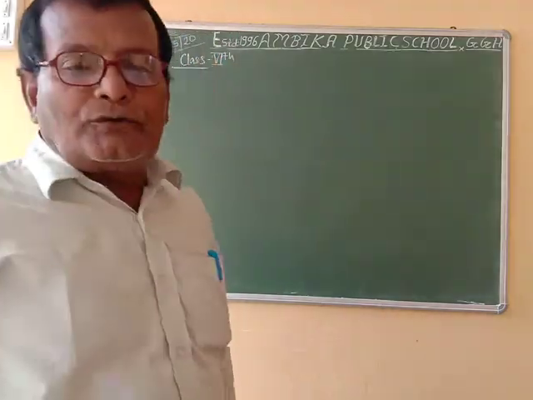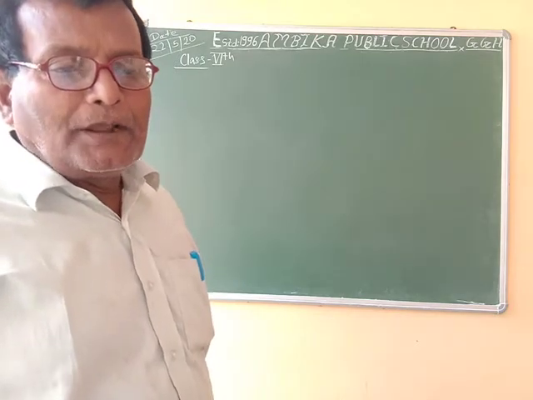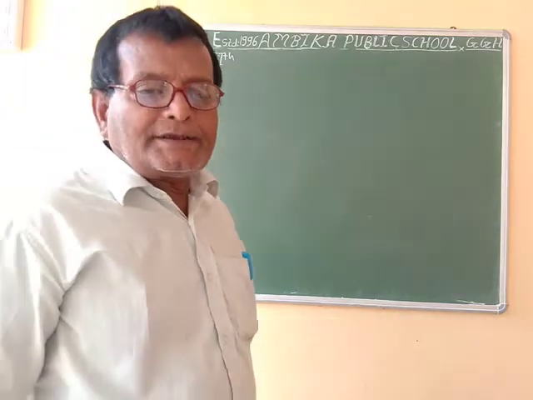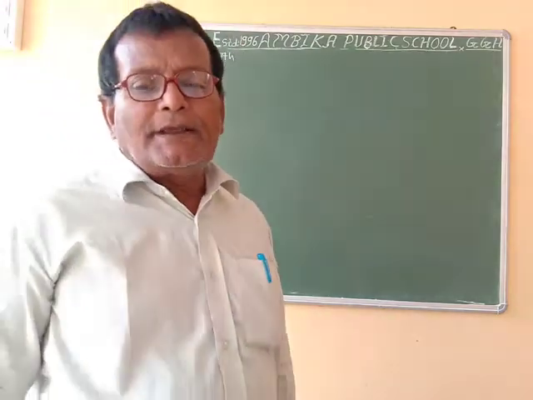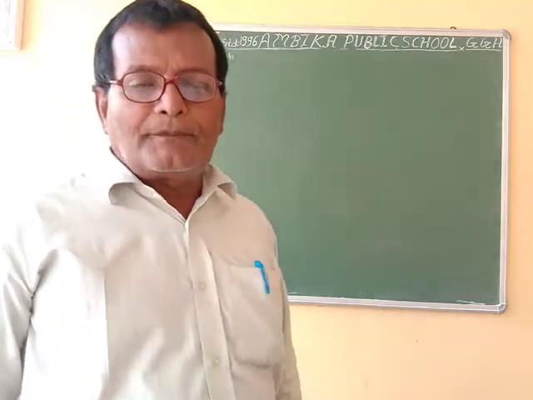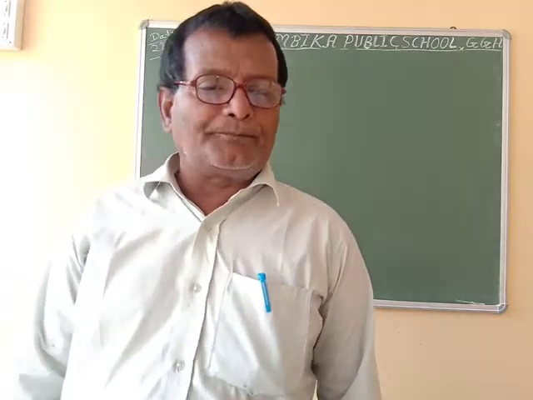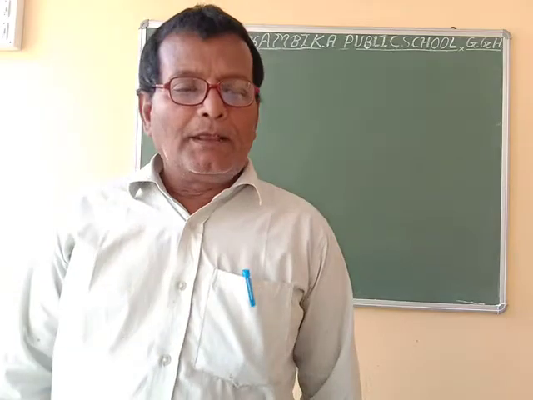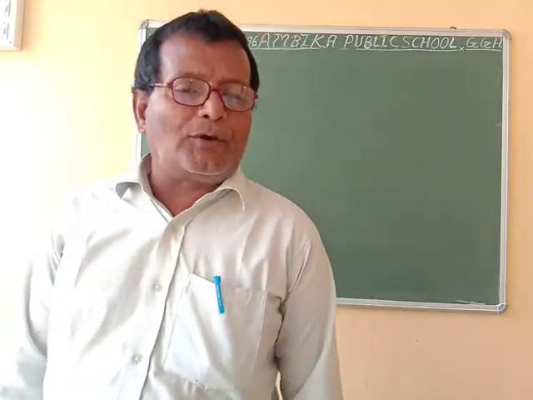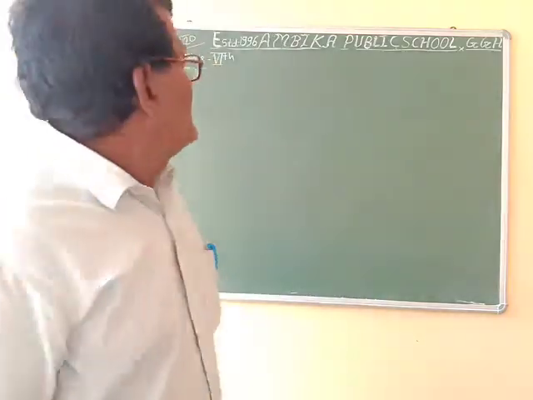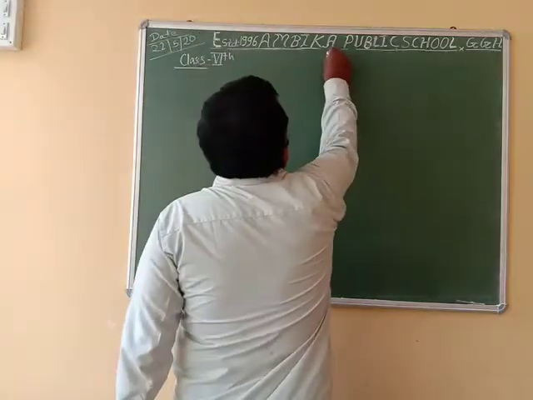Now I am going to solve exercise 1.5. Write the expressions for each of the following statements using brackets. Statement is 4 multiplied by the sum of 9 and 2. Answer question number 1 of exercise 1.5.